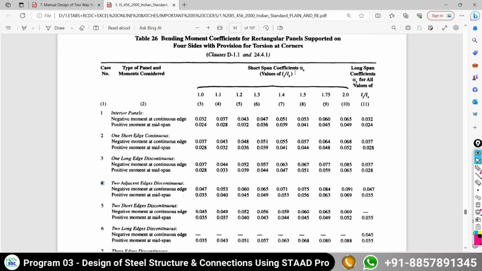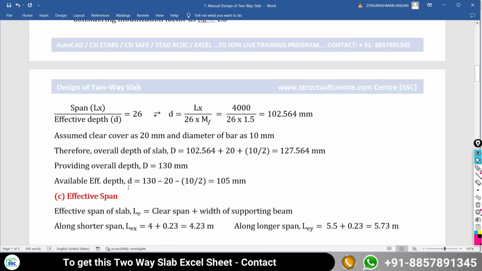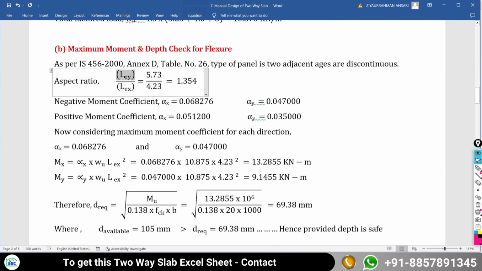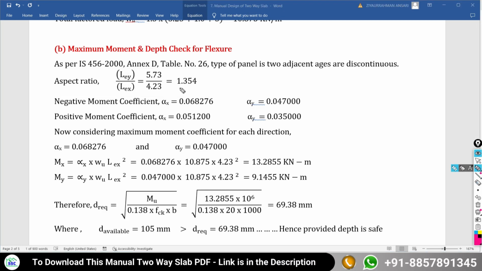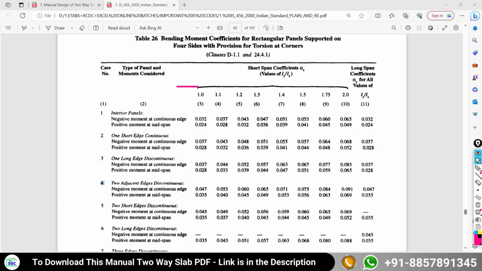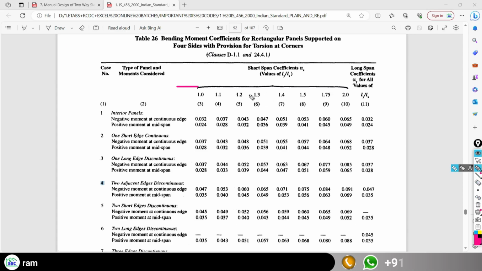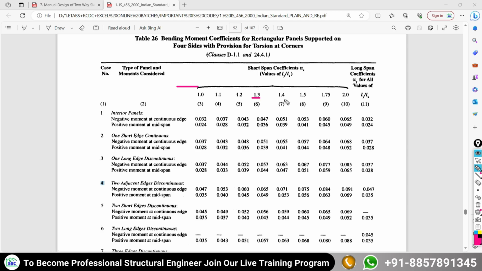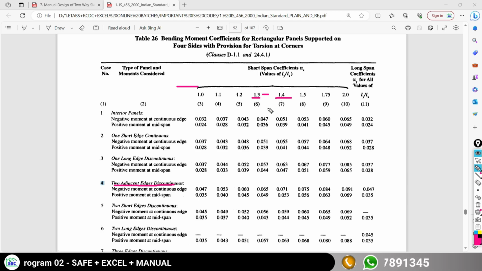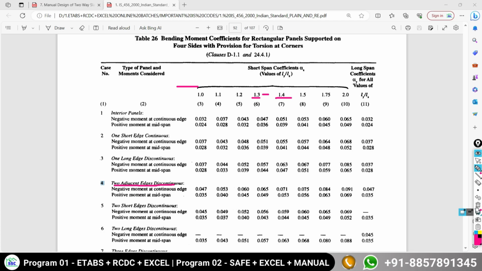Now, based on aspect ratio, how much is the aspect ratio? After doing the calculation, look at this aspect ratio: effective span along the longer span over effective span along the shorter span. If you do this calculation, we get the aspect ratio as 1.354. So I am going to consider 1.354 here. It falls in between 1.3 and 1.4. So that's why, here two adjacent edges are discontinuous and the aspect ratio falls in between these two. So we have to do the linear interpolation and calculate the moment coefficient